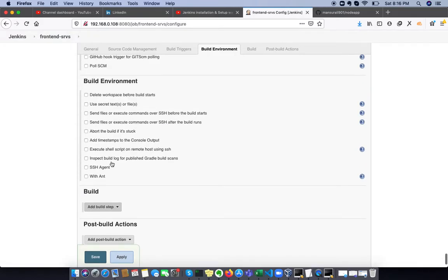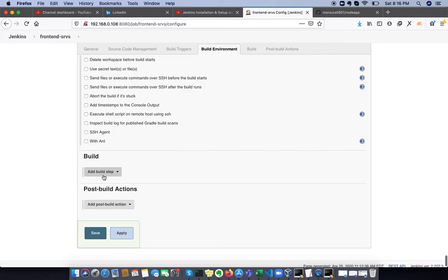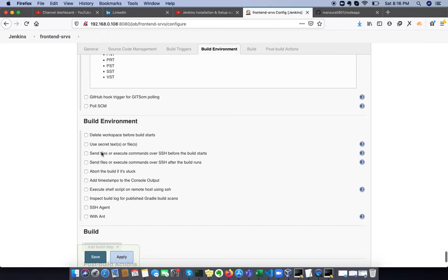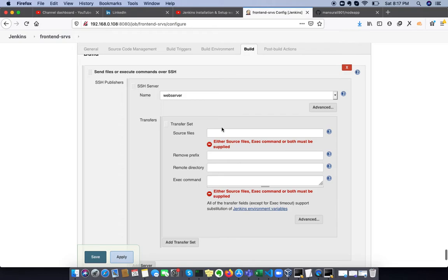and this is more options related to that. And then this is the build environment, where we can configure the build environment, or we can say send artifacts over SSH. From here we can say send files or execute commands over SSH. And at this point we can specify the artifact files, like we can say static, and this will look in the current workspace directory,